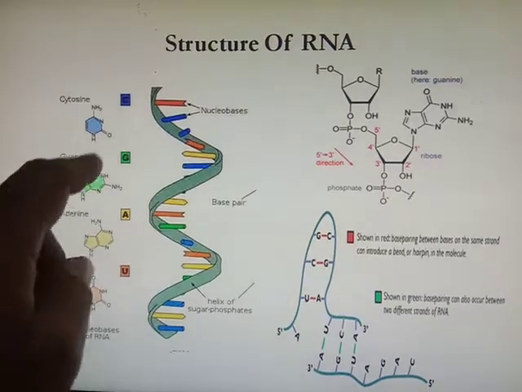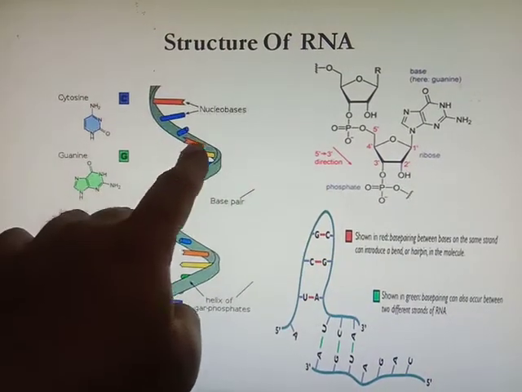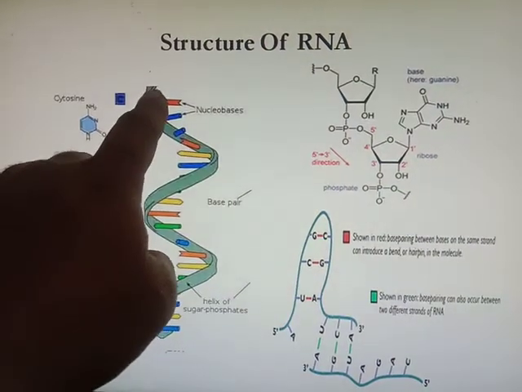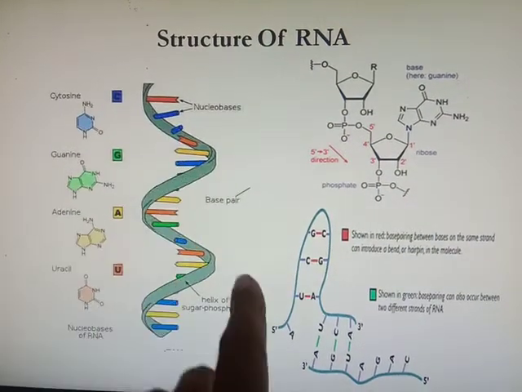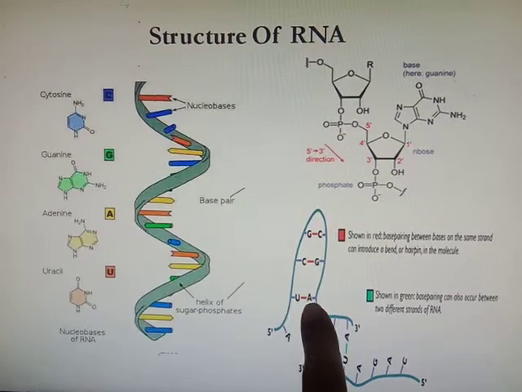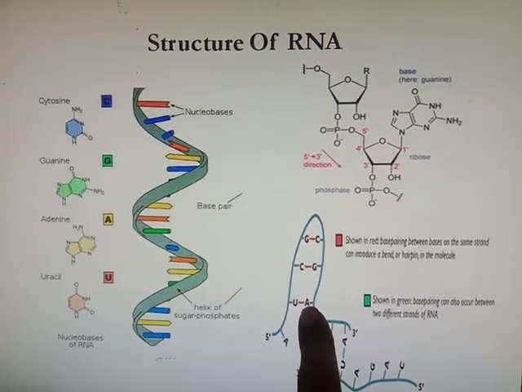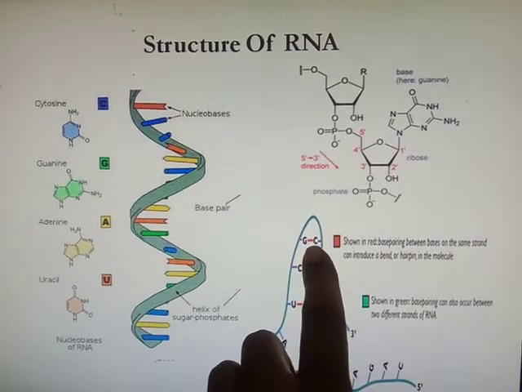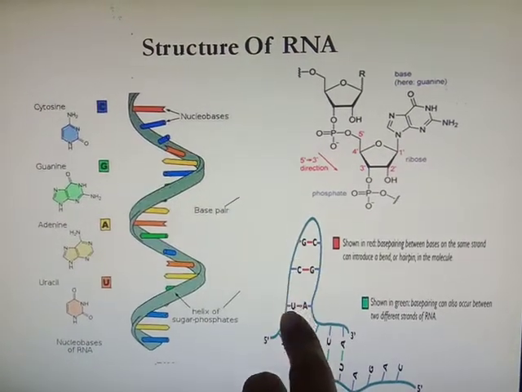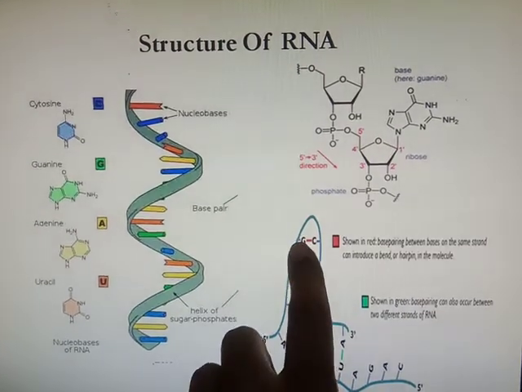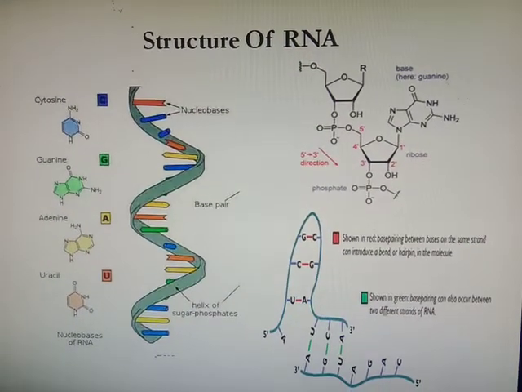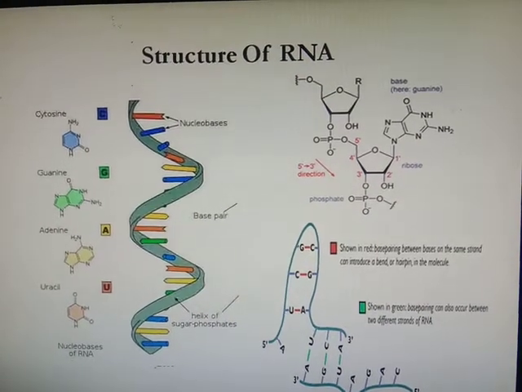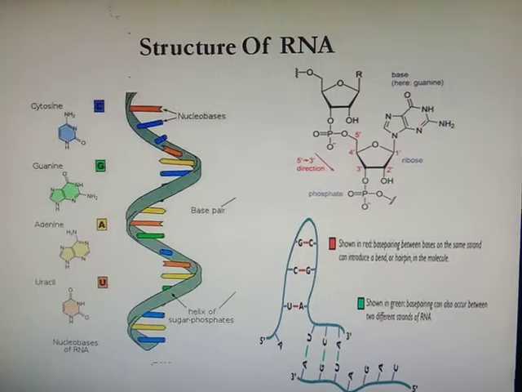Here we see the structure of RNA. Here you can see it is a single-stranded RNA structure, which is bound by phosphodiester bonds. But if there are some complementary bases nearby, like adenine is complementary to uracil, guanine is complementary to cytosine, and cytosine is complementary to guanine, they will form hydrogen bonds, and it will give a double-stranded structure-like appearance. But originally, they are mostly present as a single-stranded structure.